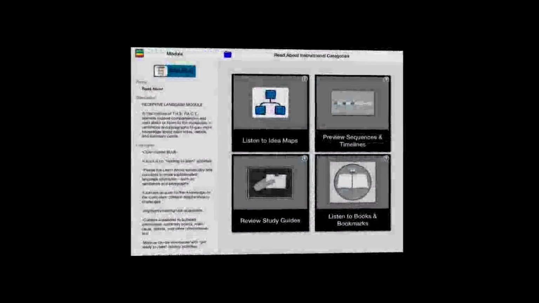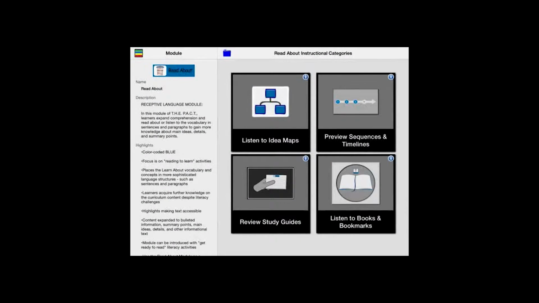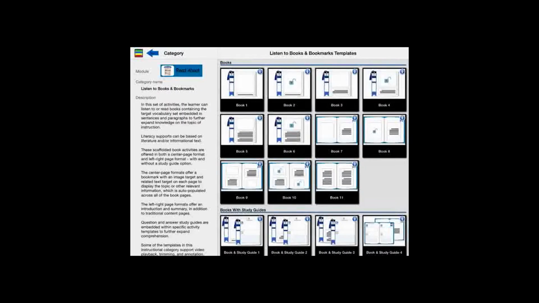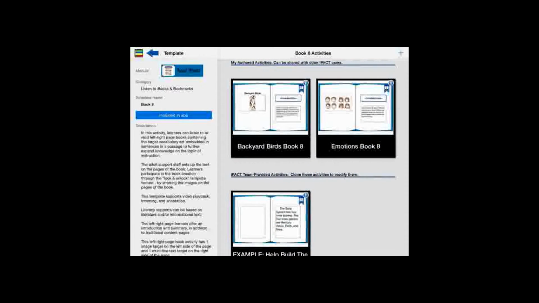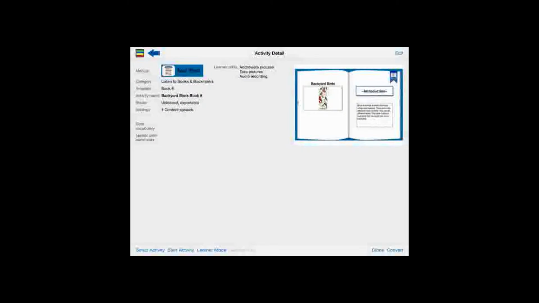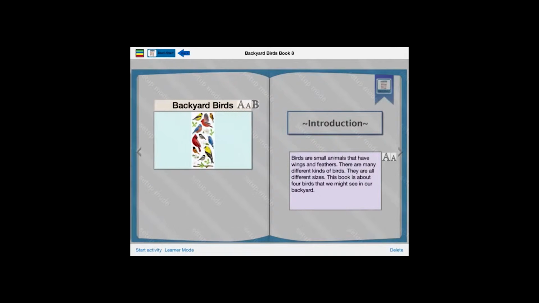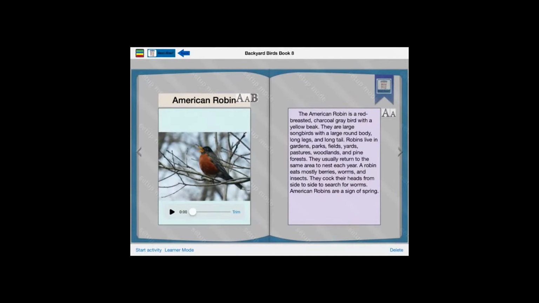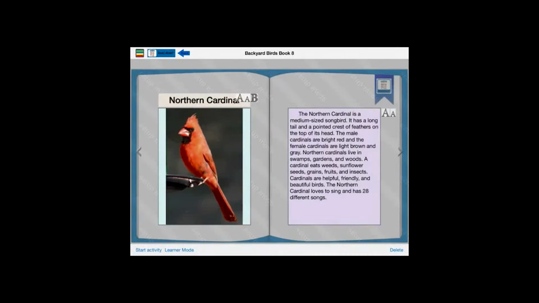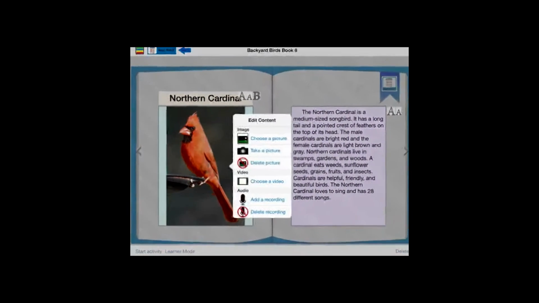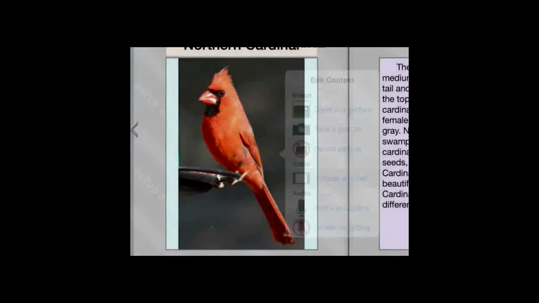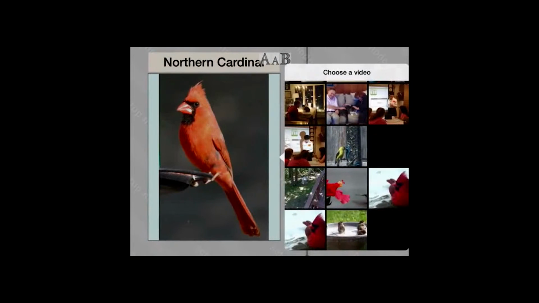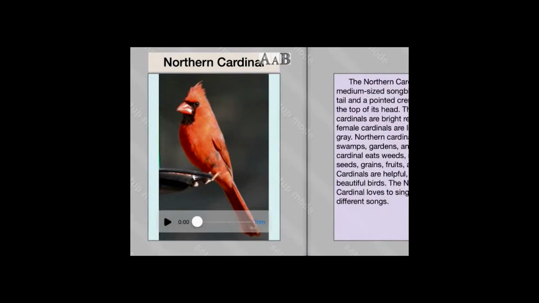Video playback, video trimming, and video annotation are now available as a free update to the iPact app system. This free update gives a user the ability to add video to most picture targets. It is easy to add a video from your camera roll to an iPact activity by simply selecting Choose a Video from the pop-up menu when setting up an activity.